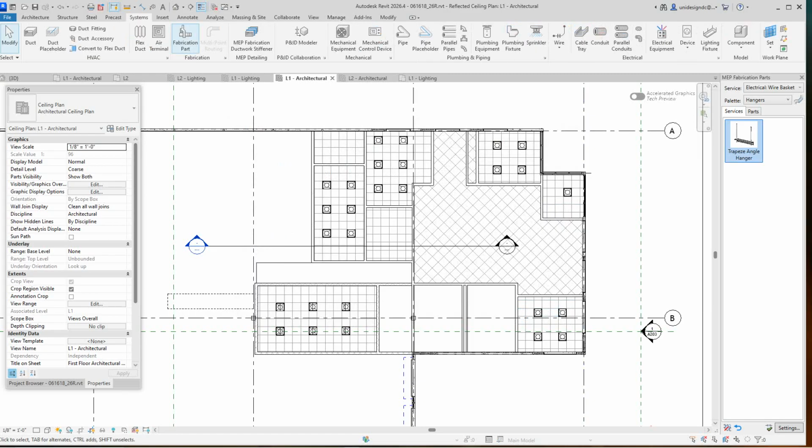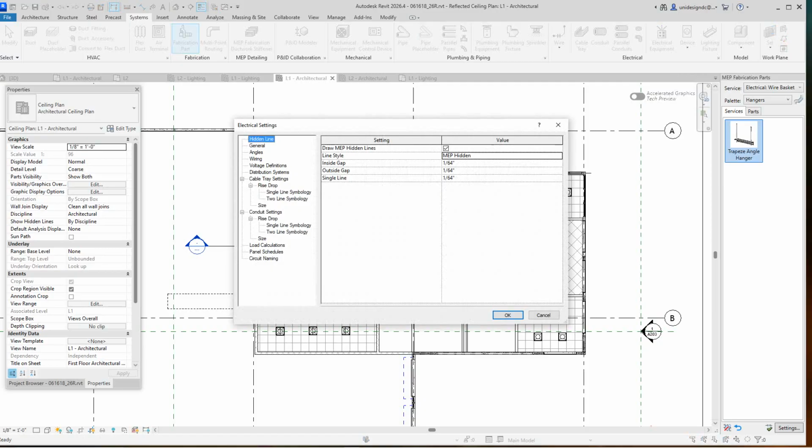You go to Systems, and there's a little arrow here. You can do the plumbing that way and the mechanical. Right now we're working in the electrical. I'm going to select this, and there are all our electrical settings. These have to be set up prior to working on an electrical project. So here we have things like